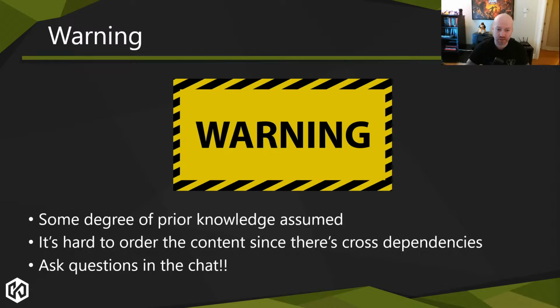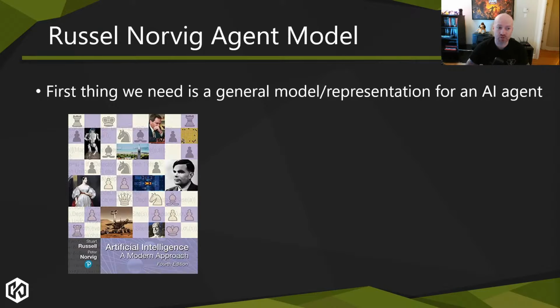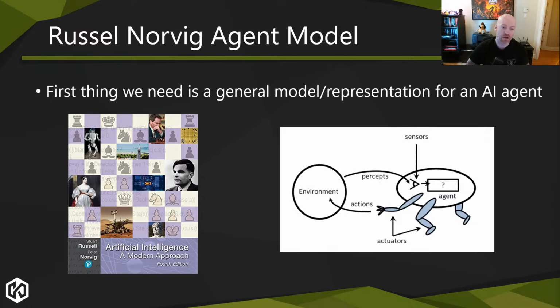As I said, we're doing sort of an agent-based thing. So the first thing we want to talk about is we need a representation for this agent, right? And I'm going to use, again, what I know from this book. They have a very nice approach for this. And I think it's literally the only way to model an agent, where you have a very simple approach: you have the environment, and the agent can perceive the environment. It can then make a decision based on the state of the environment, and then it can actuate that decision through its actuators, or its actions. So it's a very simple loop of input in, decision, and then output through actions.